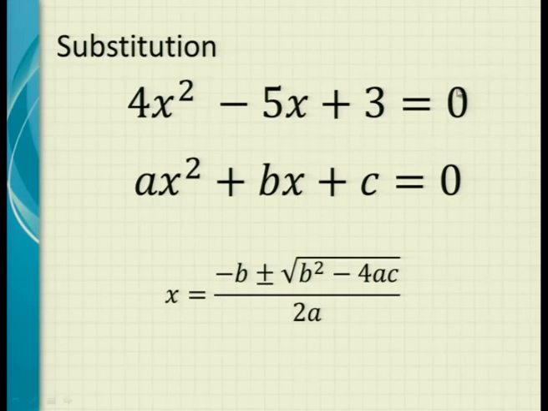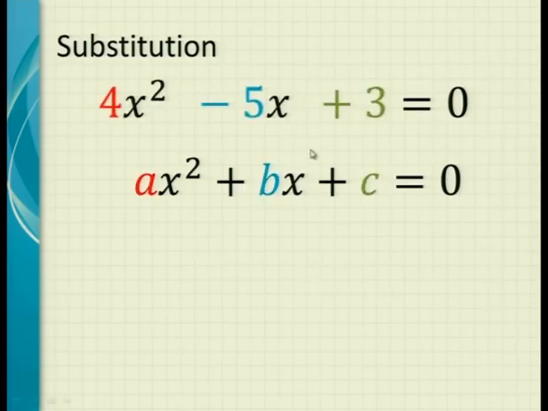In other words, you need equals 0 on the right-hand side, and you need an x squared there and an x here. But you see there's a difference, because I've got a plus sign there and a plus sign there, but here I've got a minus sign and a plus sign. So how do we look at this? Well, again, we can use our imagination and use colors. The A can be represented by the 4. Can you see that? The B, what happens here? The C, what happens here?